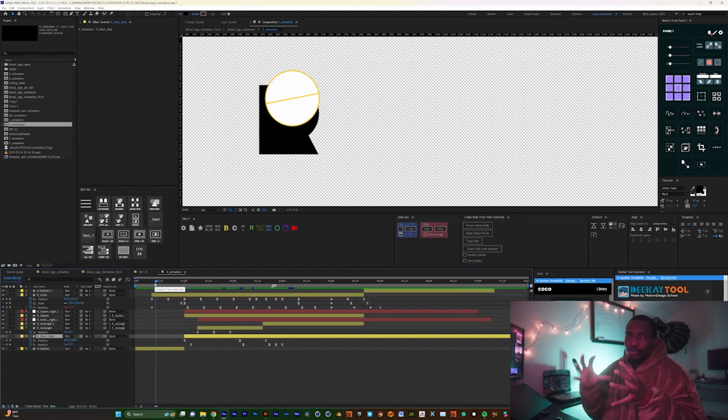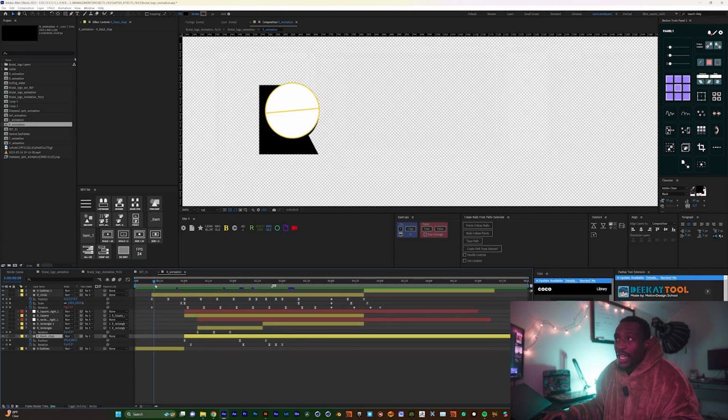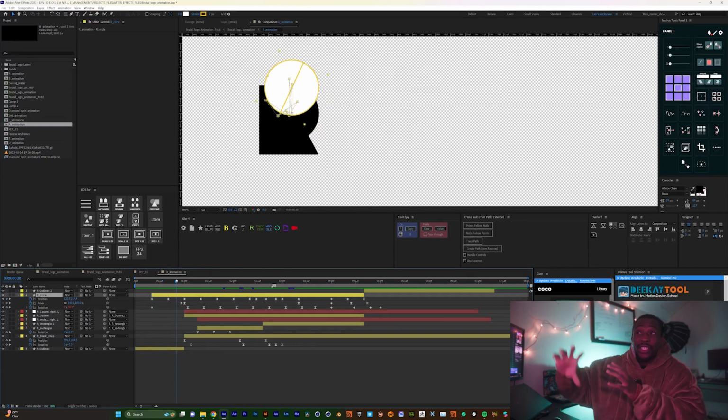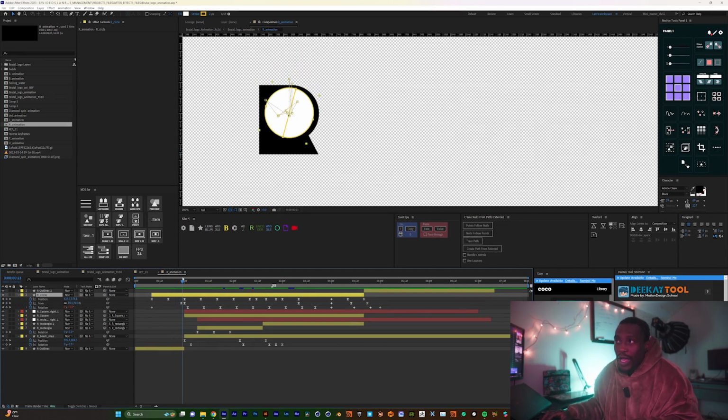I kind of just broke it down and created different colorful shapes. So you can see I created a circle and added an ellipse to it. If I click on it, we will see we're playing with the position, the scale, the rotation. You can see it cuts from the black, introduces the colorful shape with the yellow and white, and then we animate its position up, and while it's going up, we animate its rotation,